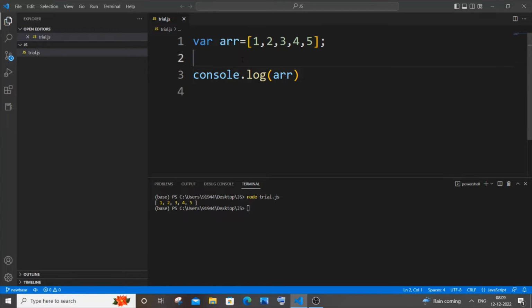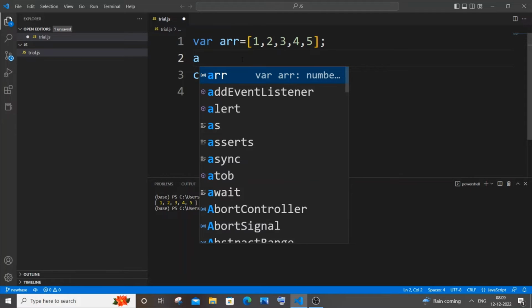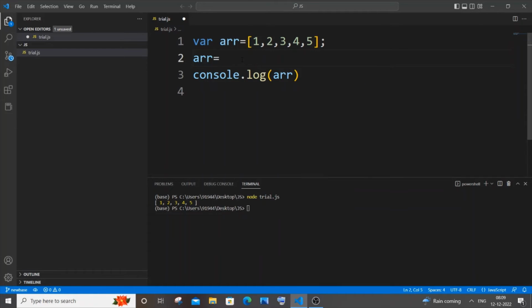For emptying the array, it's straightforward. You need to type the array or list name equal to, and just put empty square brackets. That's it, I guess. And if I now copy this exact same code and paste it,